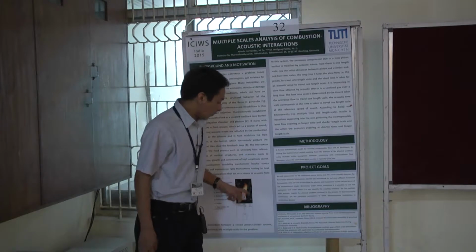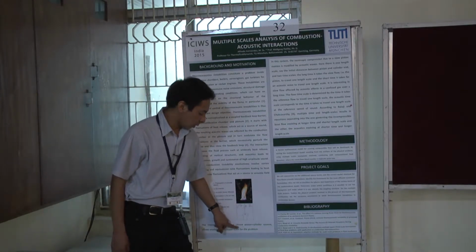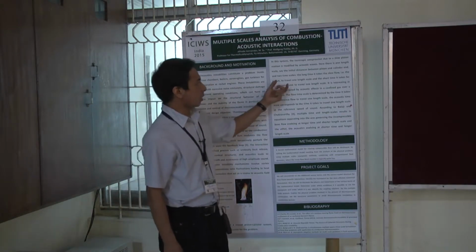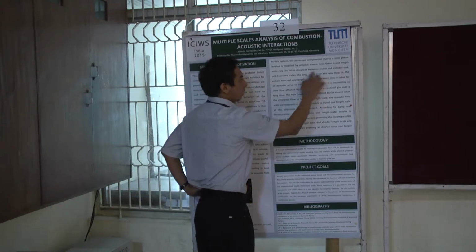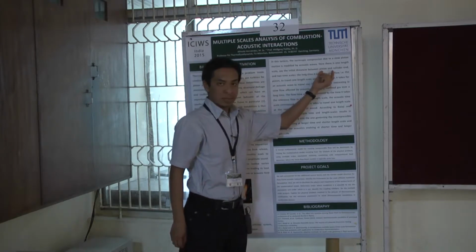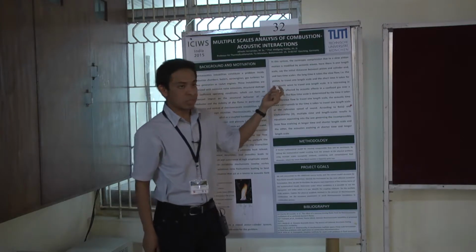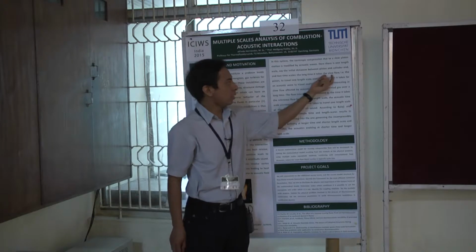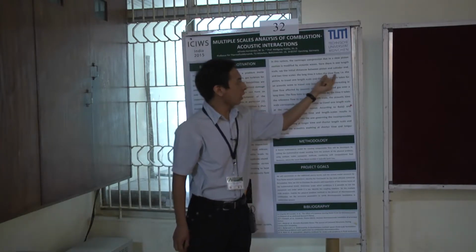From this basic scheme, we have the piston cylinder system, and we can get two important scales. The first is the length scale, which is the distance between piston and cylinder, and the second is the time scales. We have a short time scale and a long time scale. The first one is for the acoustic wave, and the second one is for the flow.